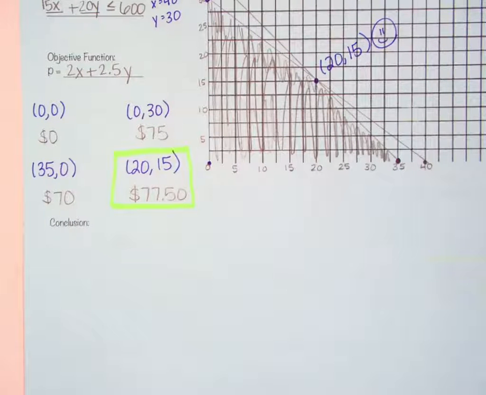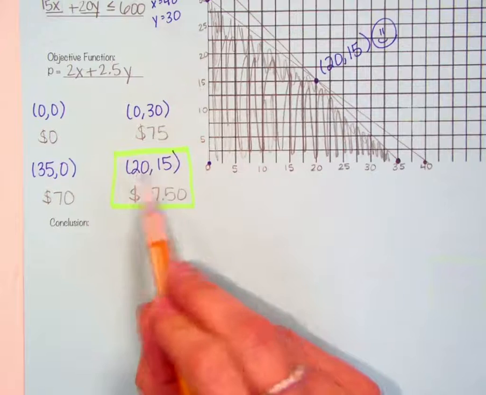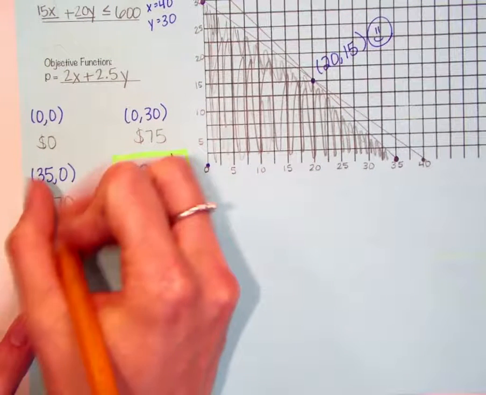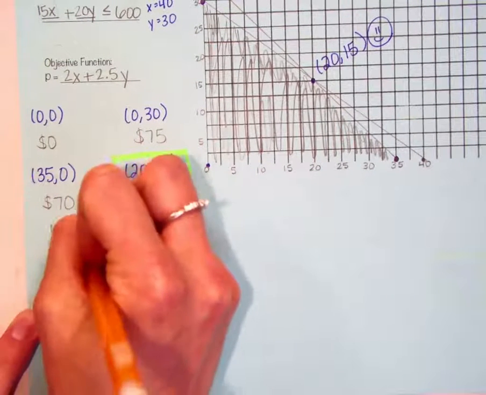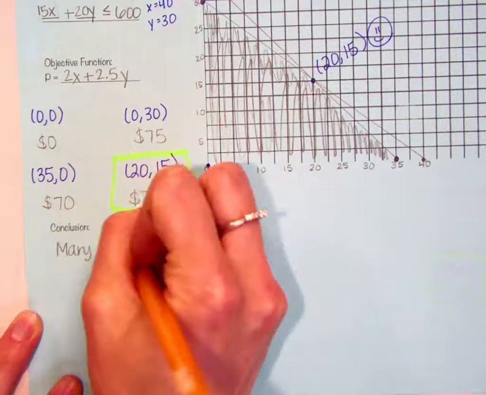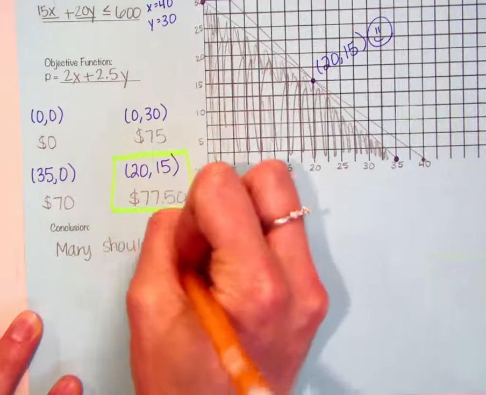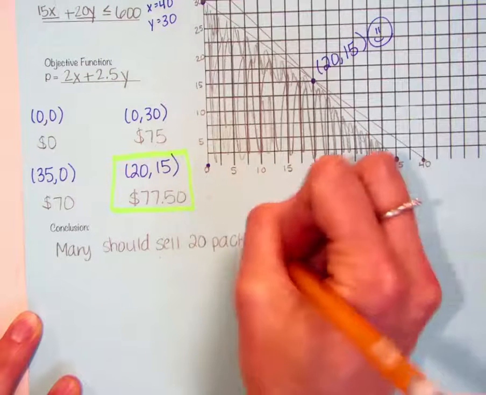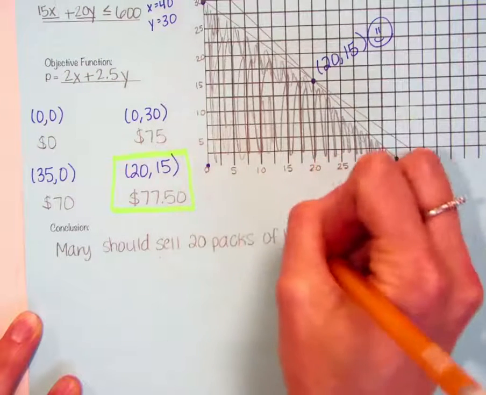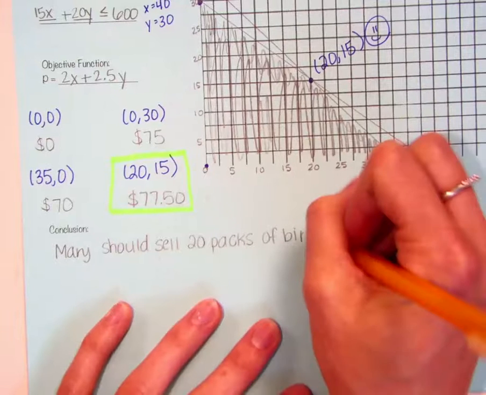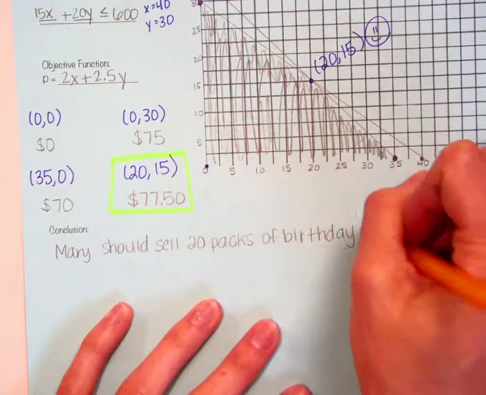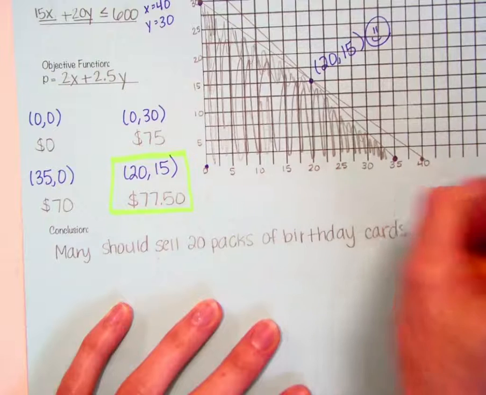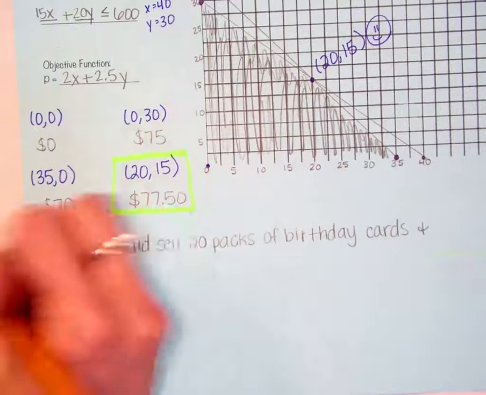So our conclusion is, once again, always a complete sentence describing what should happen. So Mary should sell 20 packs of birthday cards and 15